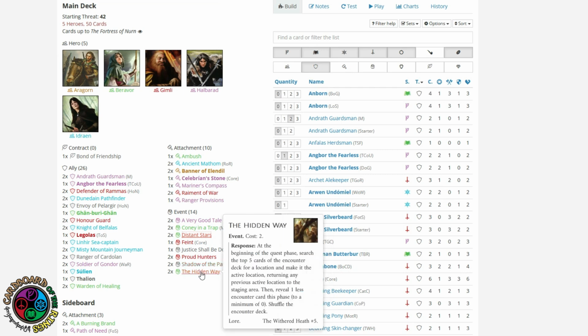And then the final way to get a location I'm looking for is the Hidden Way, where I look at the top 5 cards and I make one of the cards the active location, so hopefully it's a ship, and then we don't have to reveal an encounter card. And the Hidden Way, of course, we've traveled a hidden way to get to the Corsairs, but this is also the time where